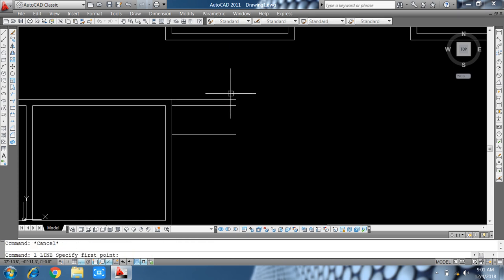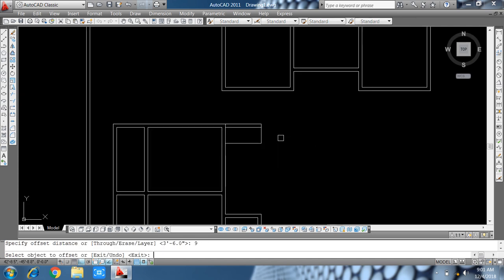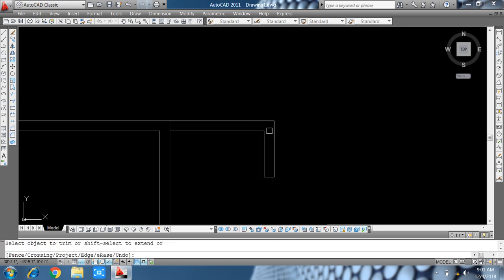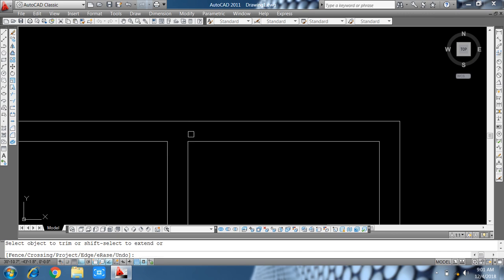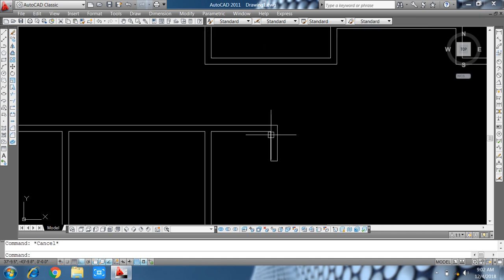So we trim it and make it round, like press F, fillet radius 2 feet and 4 inch, select that, and offset 9 inch, delete it.